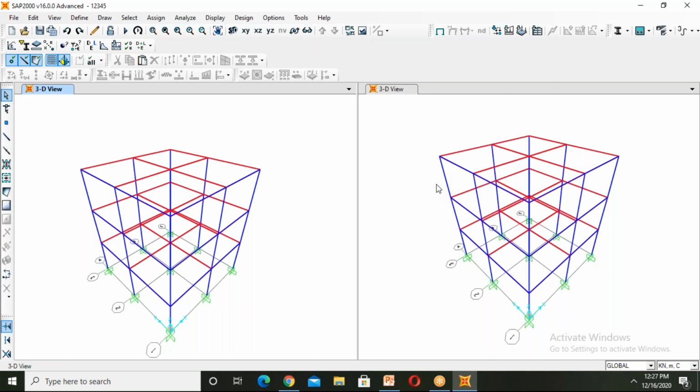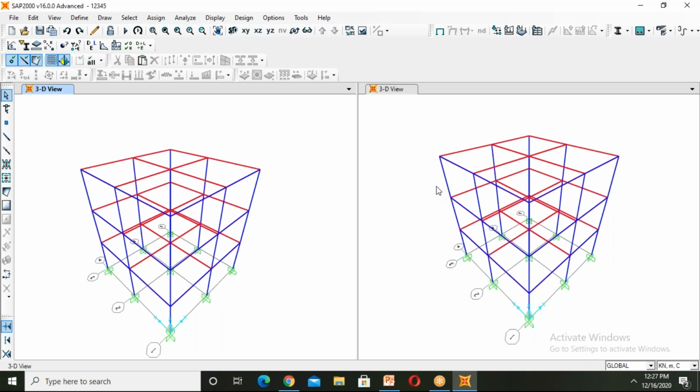Hello, ma'am. Yes, sir. Can we design the concrete foundation also with SAP? No, ma'am. Actually, for foundation design, it is separate software, SAFE.